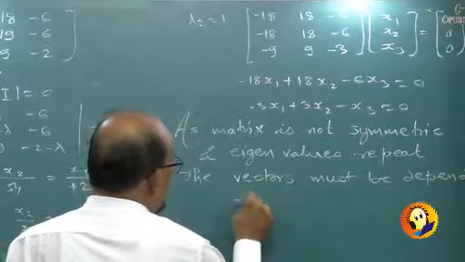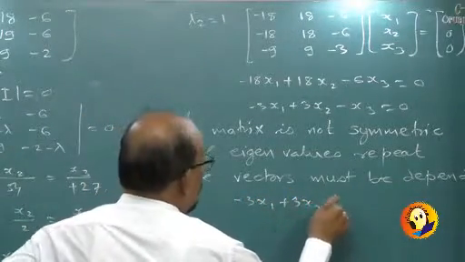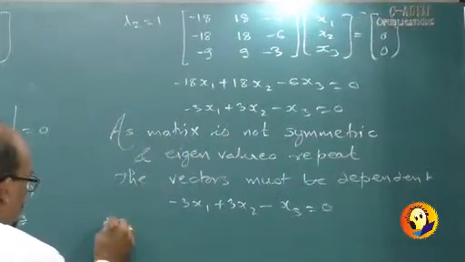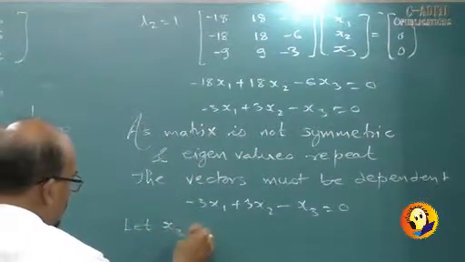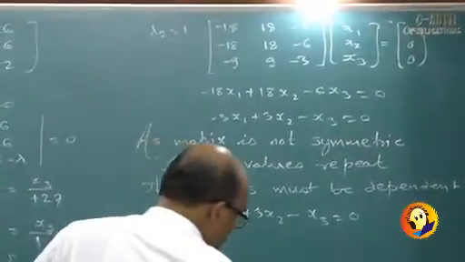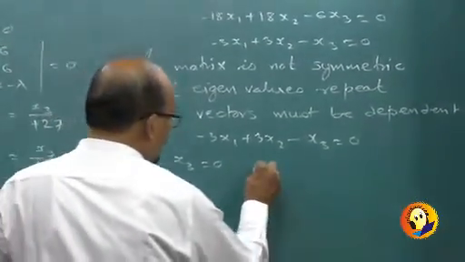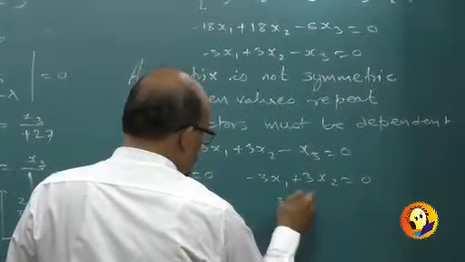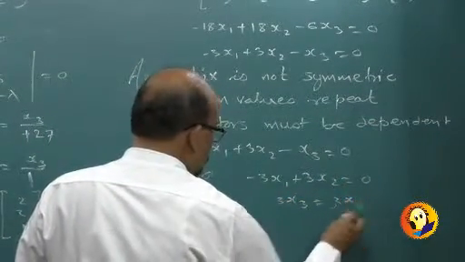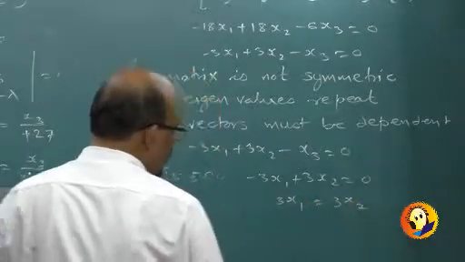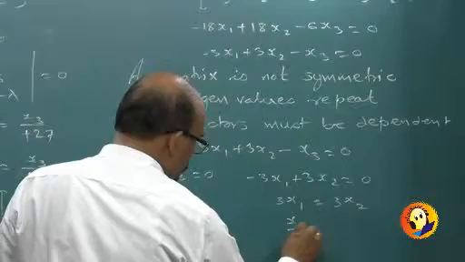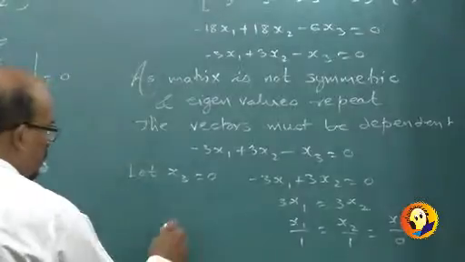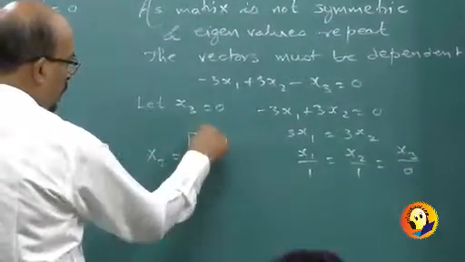So we have minus 3x1 plus 3x2 plus minus x3 equal to 0. For the first vector I can assume that x3 is equal to 0. And so I get minus 3x1 plus 3x2 equal to 0, or 3x1 equal to 3x2, and so x1 upon 1 equal to x2 upon 1 equal to x3 upon 0. So the second vector comes out to be 1 1 0,